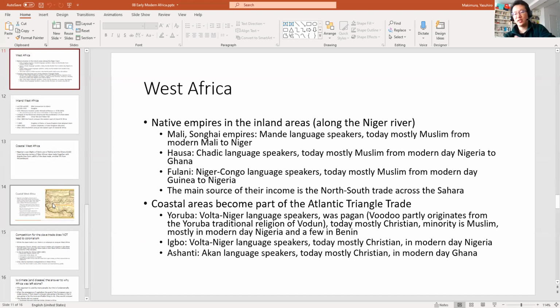When the Europeans eventually came to conduct more trade, and they said that there's a demand for slaves and that we want to buy your slaves, the West Africans were like, oh, well, we've had slavery for a while, new customers. There are some new people who want to buy slaves. Fine. And what this means is that warfare that was kind of endemic after the collapse of the Songhai Empire.